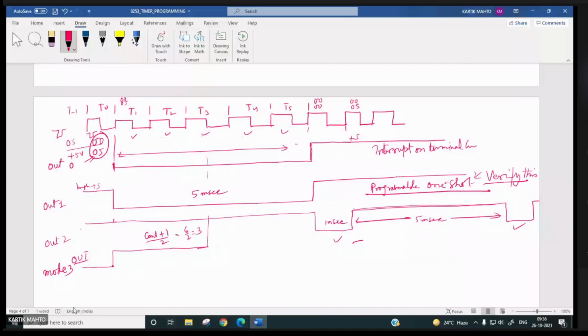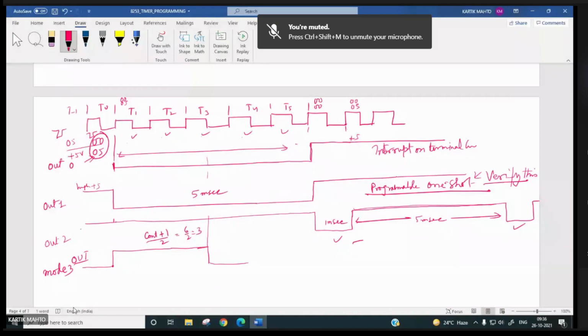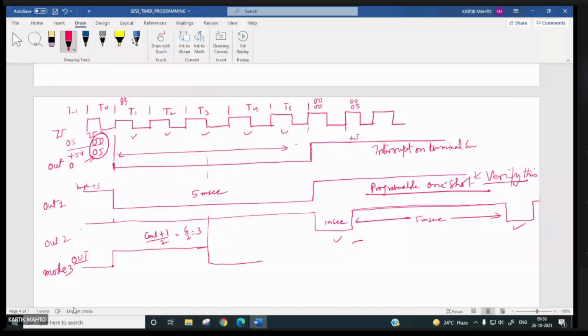Then 3 is ending over here. Then for the next 2 clock pulses, the output will be low. Again, for the next 3 clock pulses, it will be 1. And for the next 2 clock pulses, it will be 0.